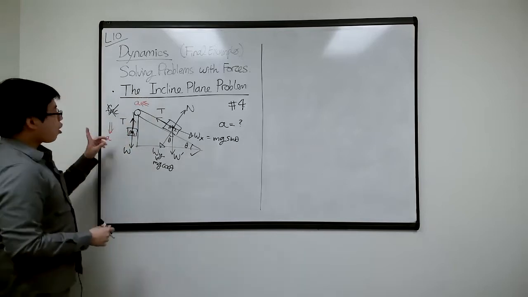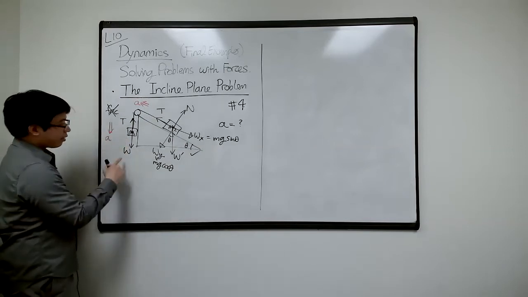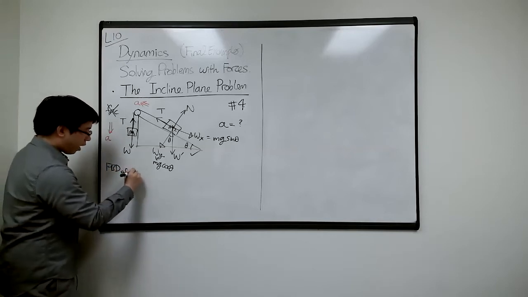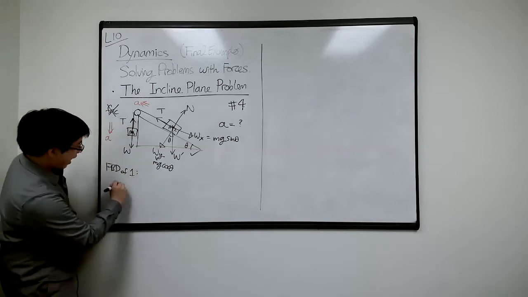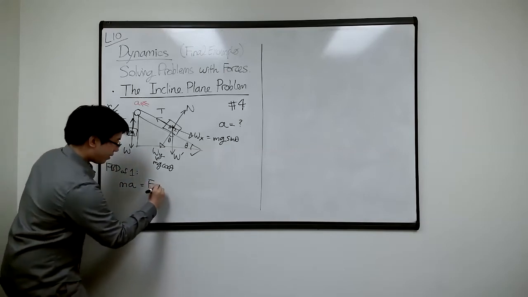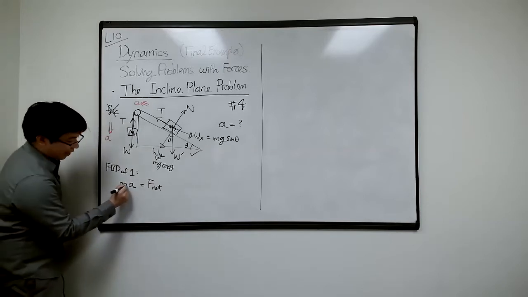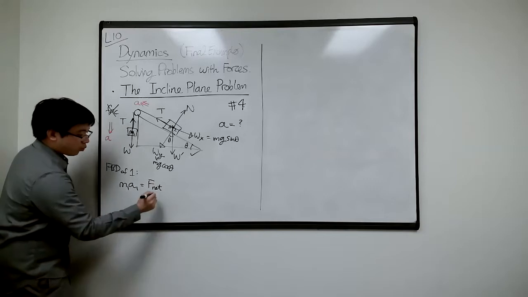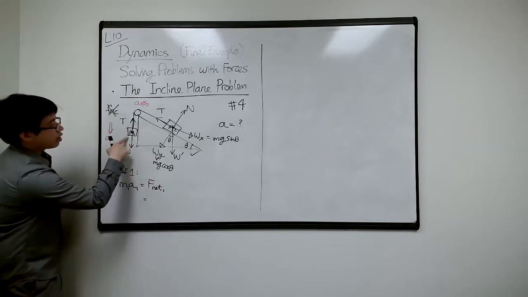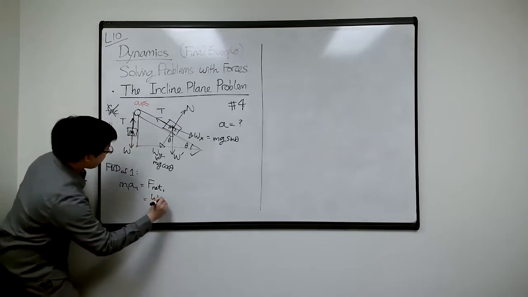All right. So on this side, on object 1, the free body diagram of M1 tells me MA equals F net, right? And which M am I talking about? M1, which A1, and the net force on 1. And the net force on 1, with this way being positive, is W minus